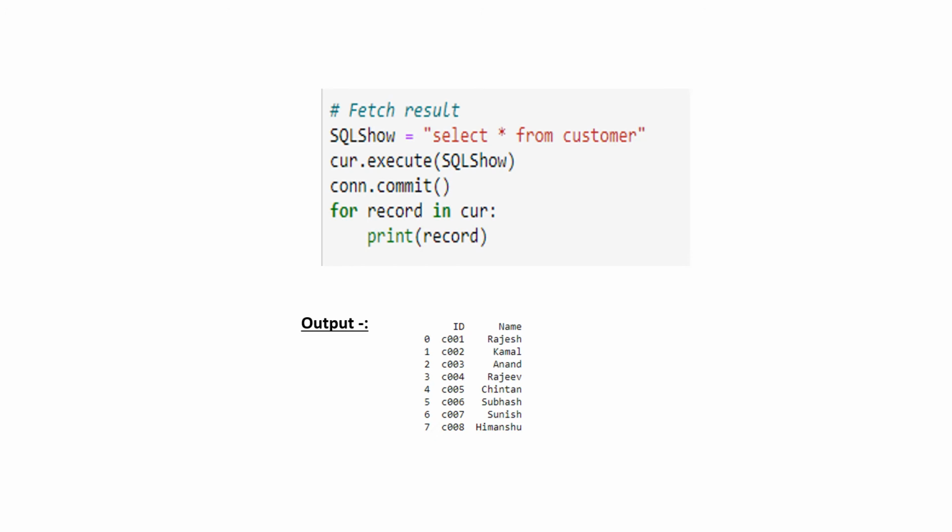If suppose we want to see whether the record has been inserted in the table or not, we don't have to go to Snowflake for checking the same. From Python only we can see this. With the help of the object of the cursor, we can execute a new statement, and that is selecting from the particular table where we have inserted the information. So we can commit this execution and then we can see the record with the help of the cursor.